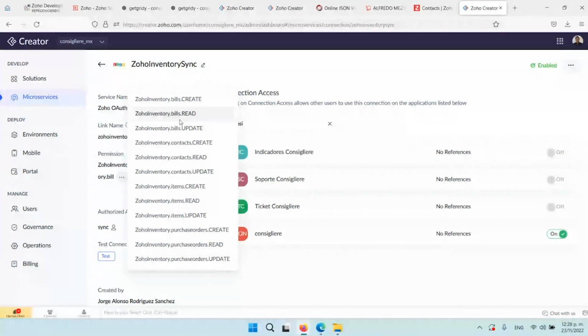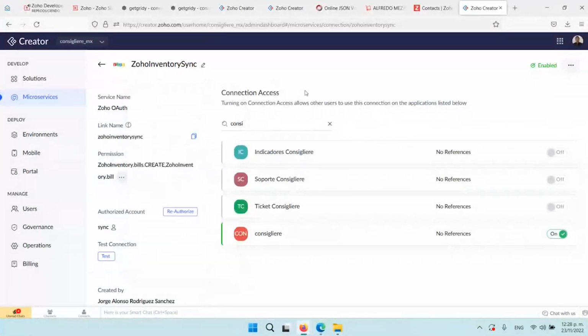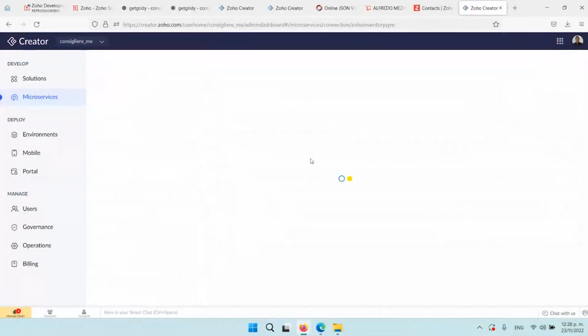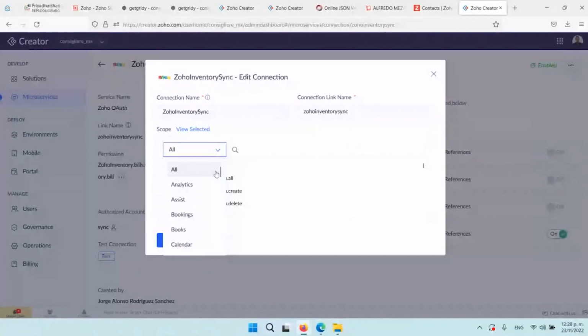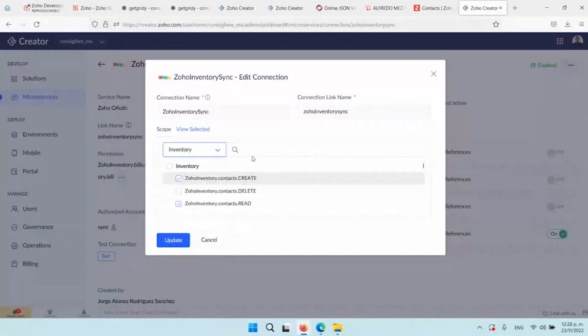But let's say that I want to do something else, right? Like maybe I want to do an expense, and maybe not a purchase order, because maybe on this mass import, I will have expenses, I will have purchase orders, and maybe I will have payroll stuff. So I will need to edit this connection every time that I need to have a new access into the system, right? So if we go to Inventory,